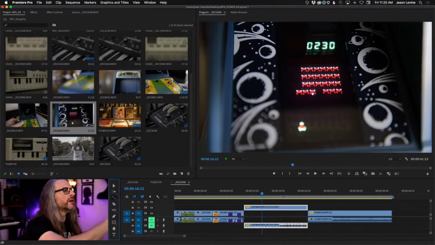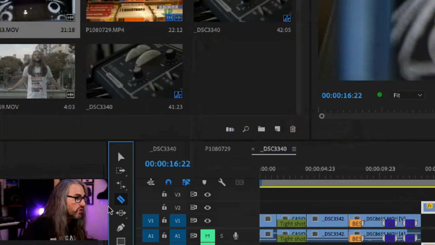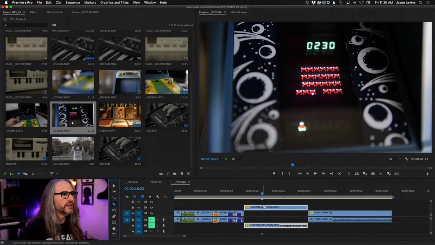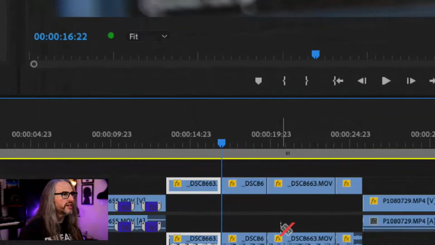It's great. Okay, a couple more tools we've got to cover before we're out here, because the one thing we didn't talk about is cutting. So we're doing a lot of trimming. We're trimming, we're rolling, we're rippling. What about just cutting something? All right, that of course is the razor tool, shortcut key C, right? So same thing here. And if your clips are linked, you'll see that it is simultaneously applying cuts to audio